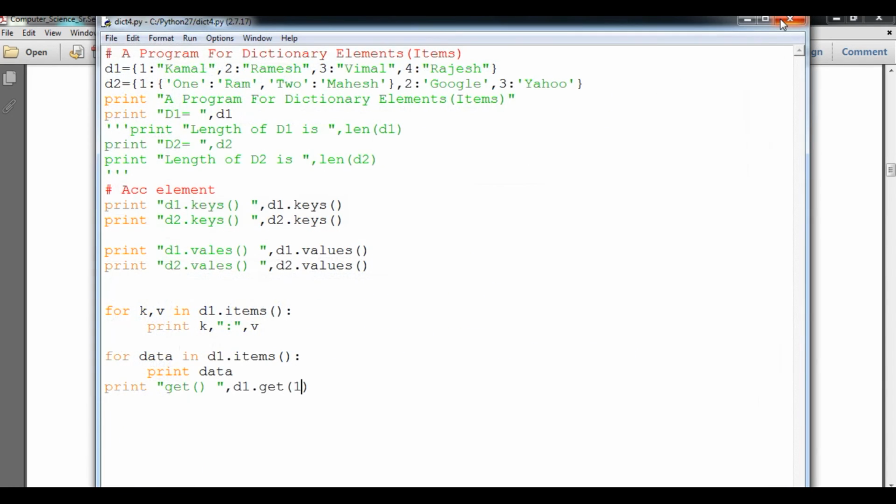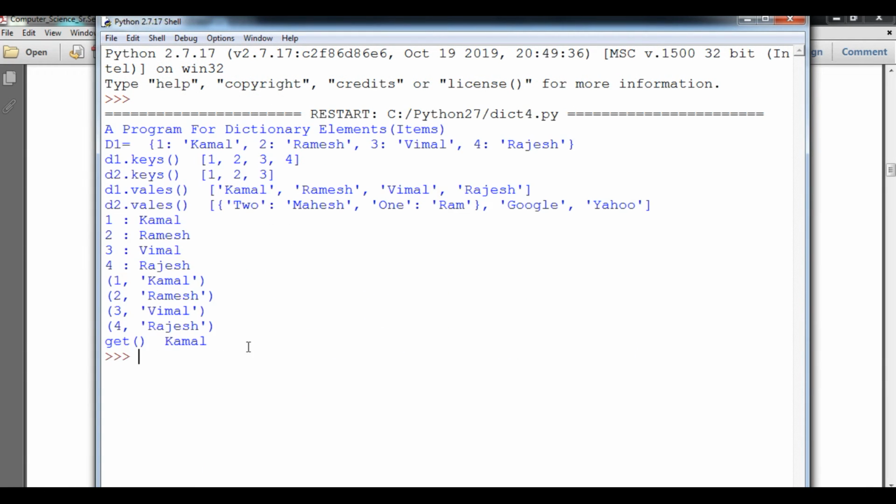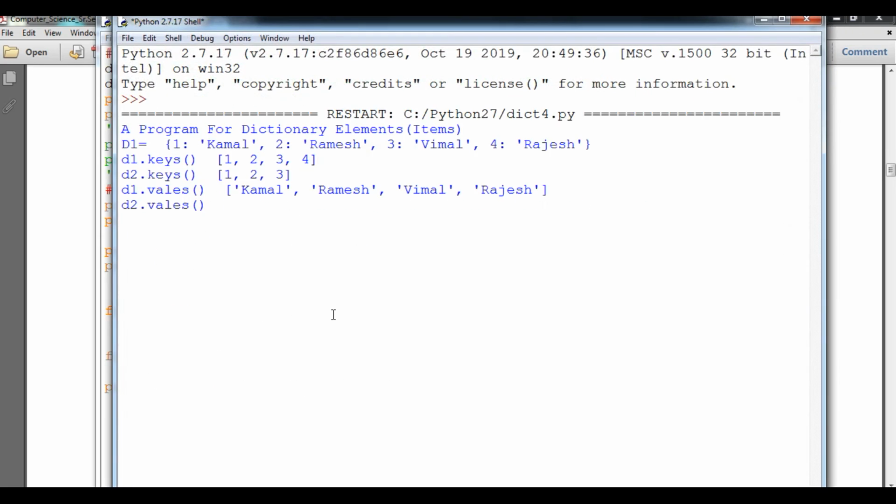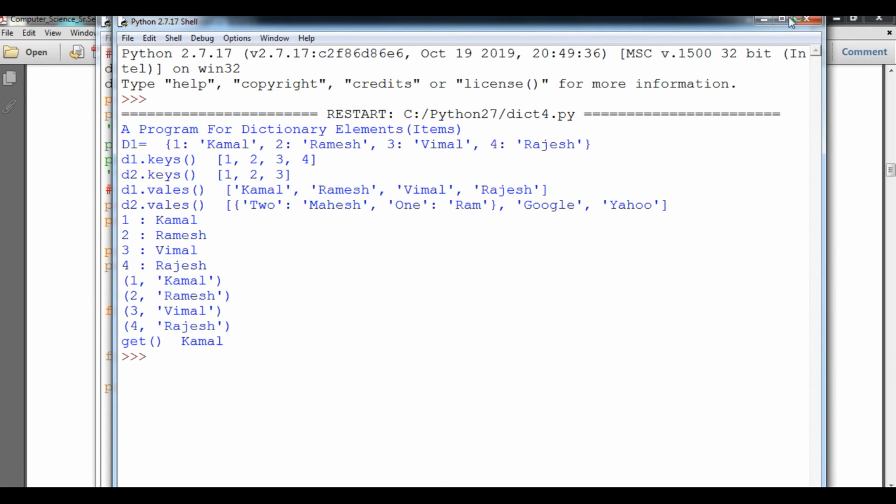I will show you in a fresh copy, student. You can see it gets Kamal. In its place, if Kamal is not there, it should return me no data. So you can see this time Kamal has come.